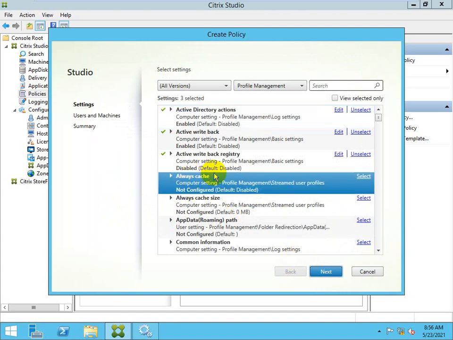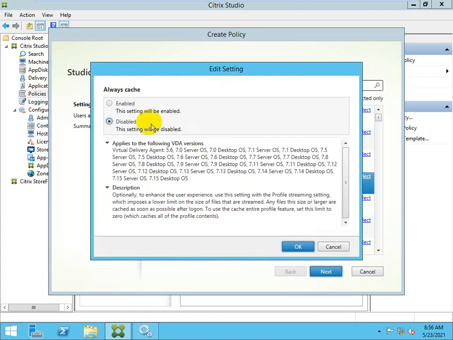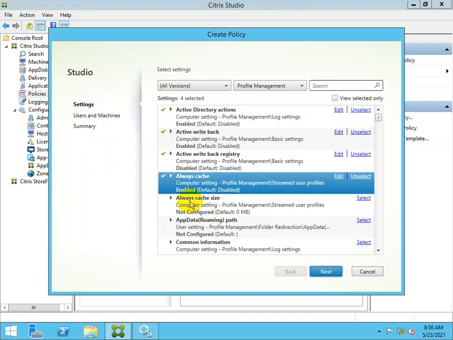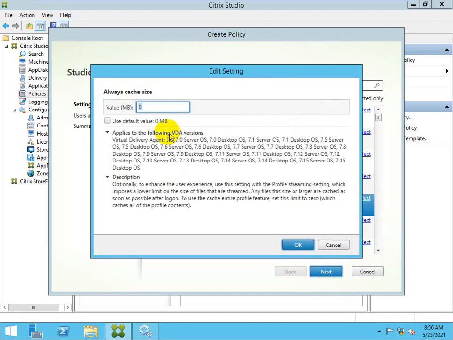Again, there is a cache. Need to enable it, cache would be enabled. Cache size I can mention. The size over here is 20 MB, 30 MB, or 50 MB, anything.